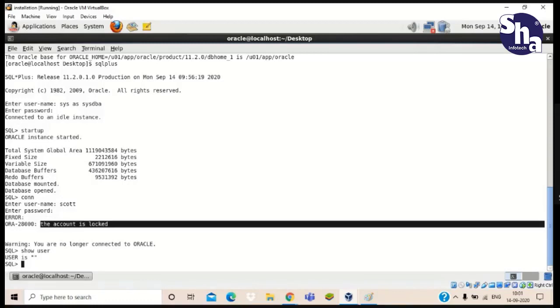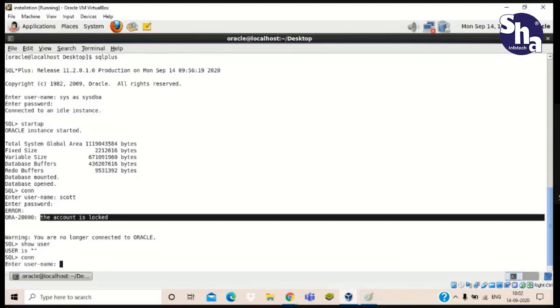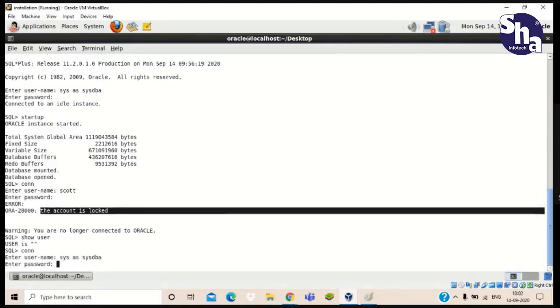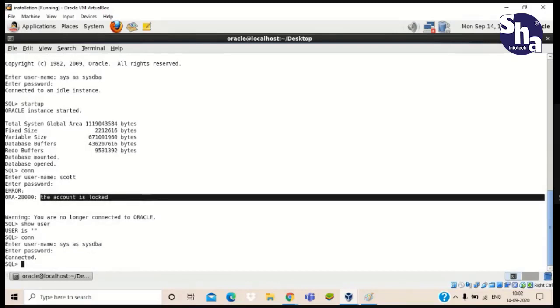We do not reside in any user right now, because we have logged out from our super user as well as the normal user. So for that we have to connect again with the super user first: connect sys as sysdba, then the Oracle password. Connected.